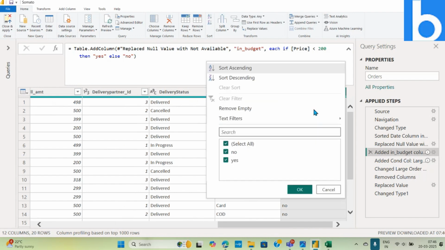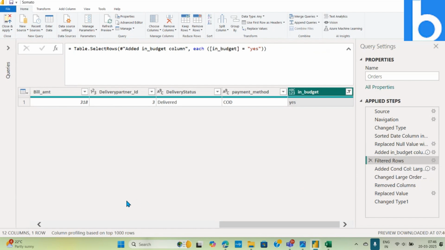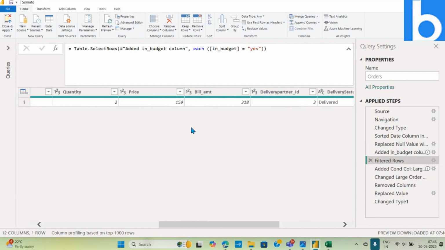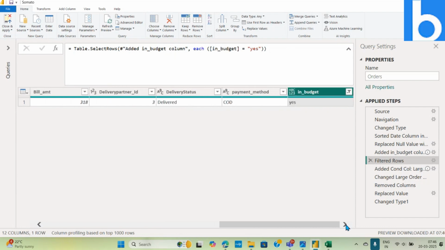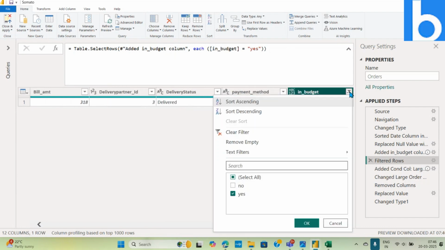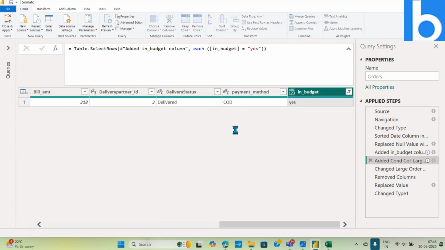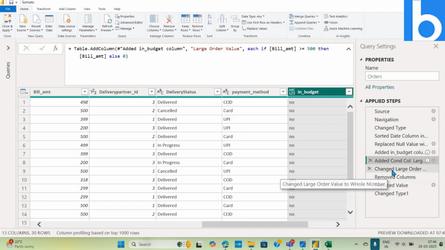What is that yes over here? That 159 only will be yes. Rest all will be your no only. Okay, they are pretty much not in budget. Okay, I'll clear off this also. Then